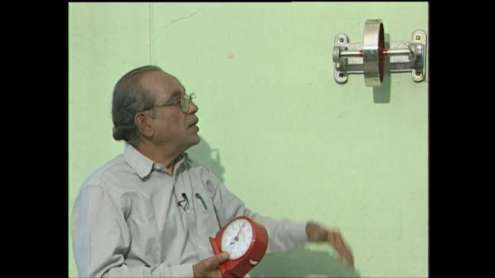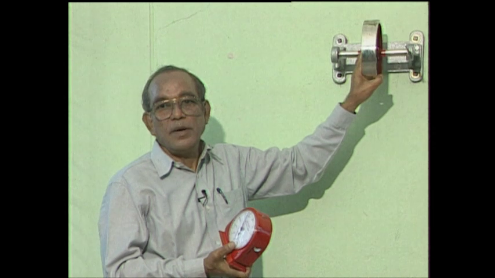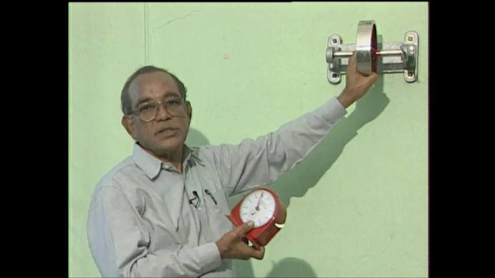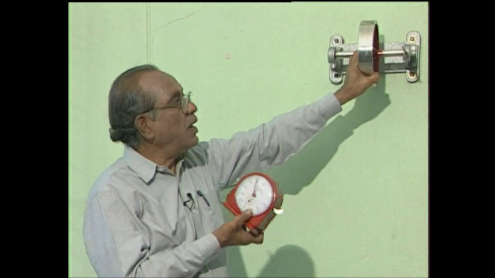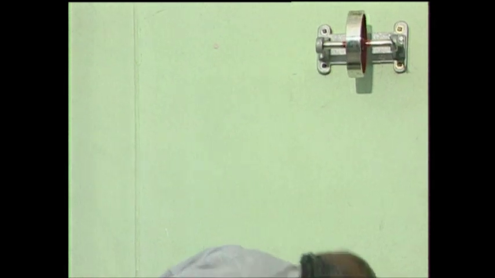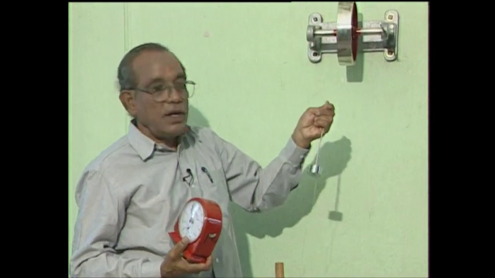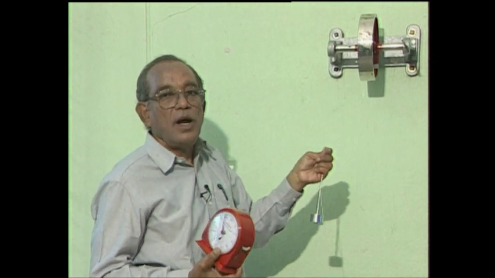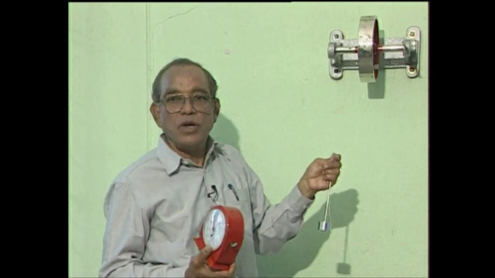For the same height and with the same weight, the experiment is repeated. Then we know the number of revolutions N2, we know the N1 and the weight which we have hung to the axle. By knowing all these, we can find out the moment of inertia by using the appropriate formula.